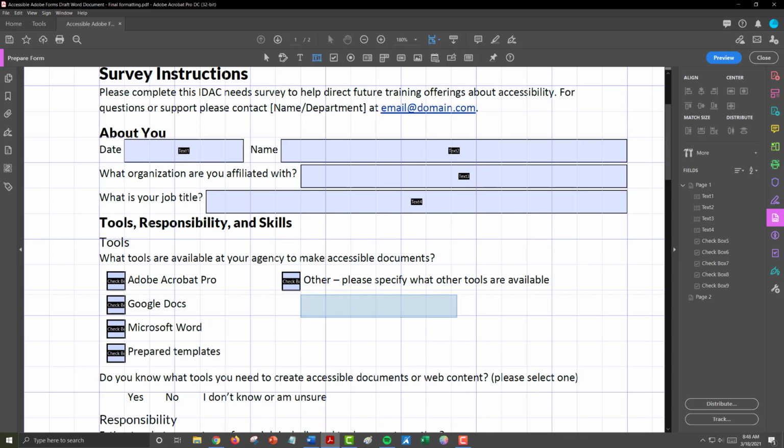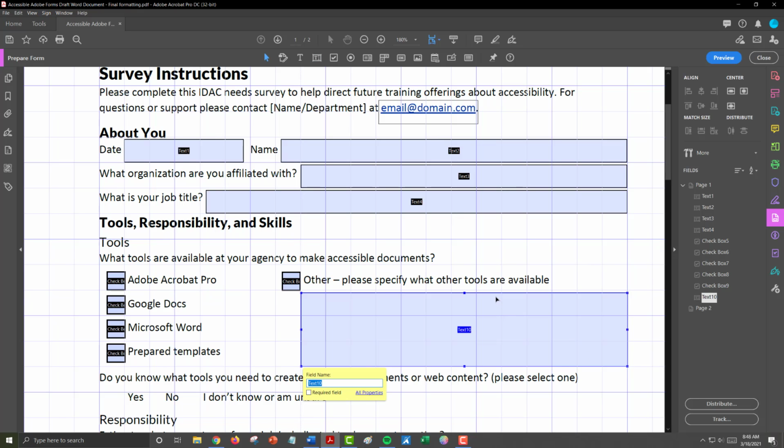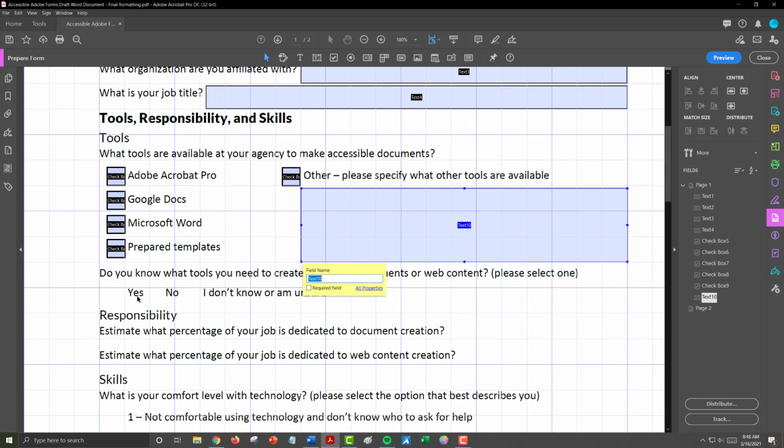Underneath Other, we wanted a text box field. So we are going to draw our text box underneath Other, use those grid lines to help guide you, and align it with the same grid line that we have our short text answers above. Now, do you know what tools you need to create accessible documents? This is a yes, no, I don't know, or unsure. So I want to align my first checkbox with my list above from my tools section.